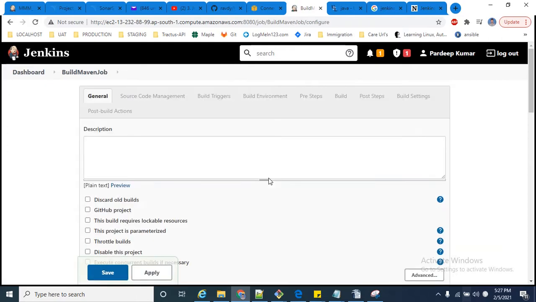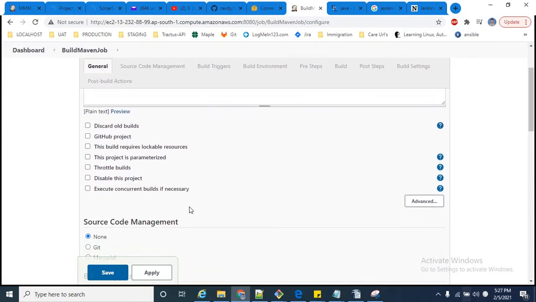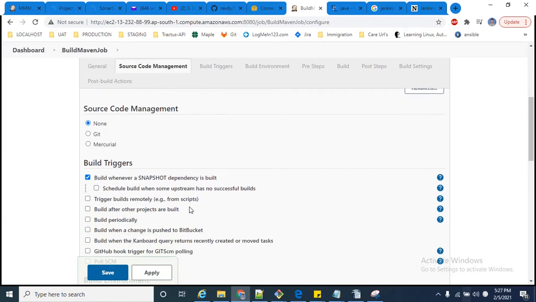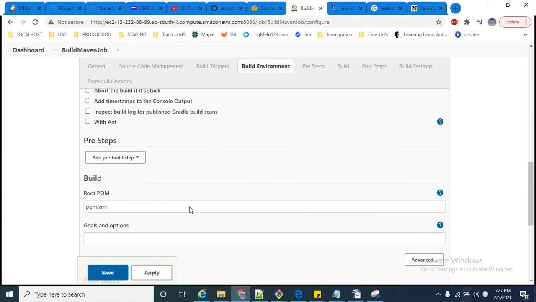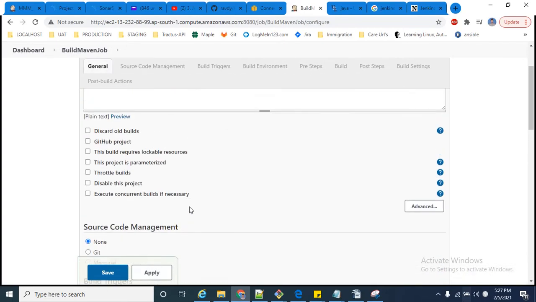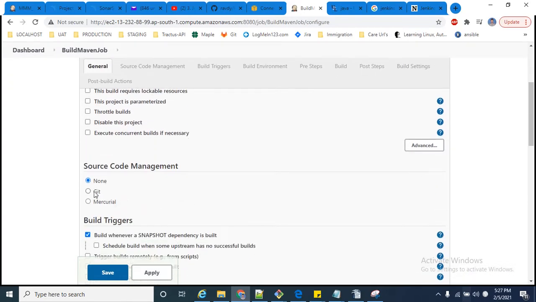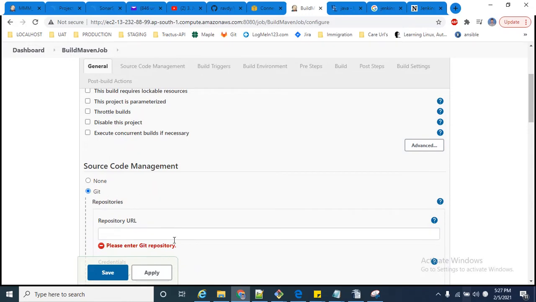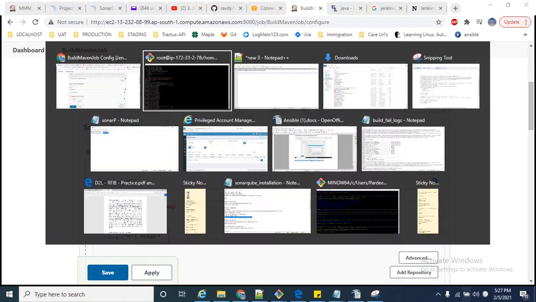After that this screen will appear, and here are some options related to source code, related to build, and related to post build. Here you have to specify your Git repository path.